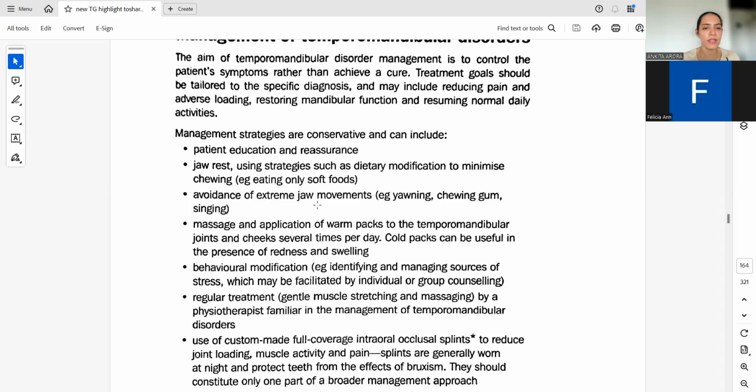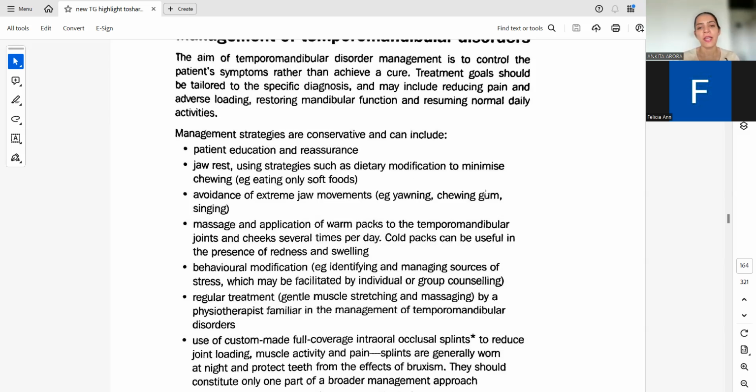Then avoidance of extreme jaw movements. It is particularly advised that these patients be very cautious while yawning. In fact, they can support their mandible whenever they feel like yawning. Initially it is a very reflexive act, but once one is educated and becomes aware of it, it is possible. Yawning is contrary to sneezing. It sets in at a slow pace rather than a fast reflexive